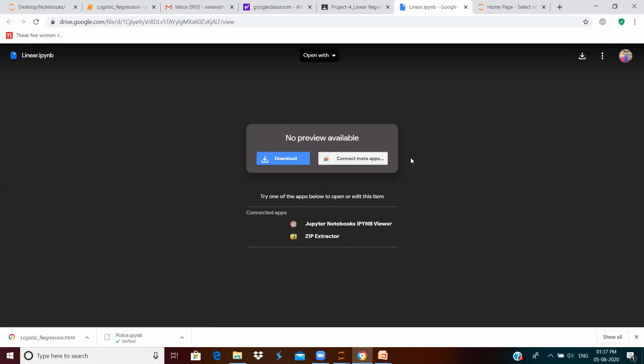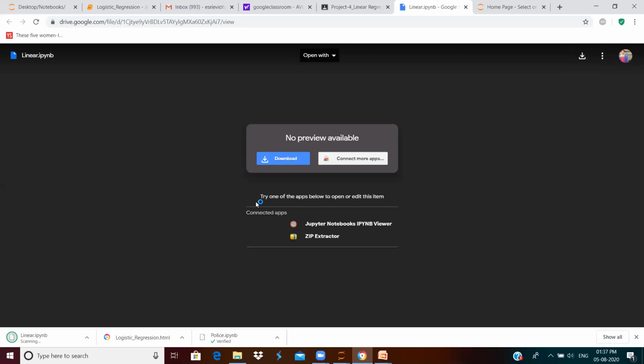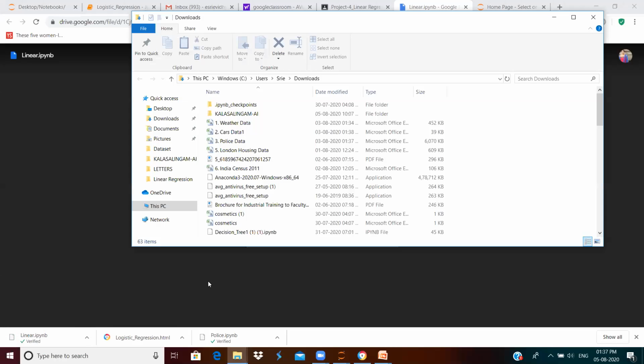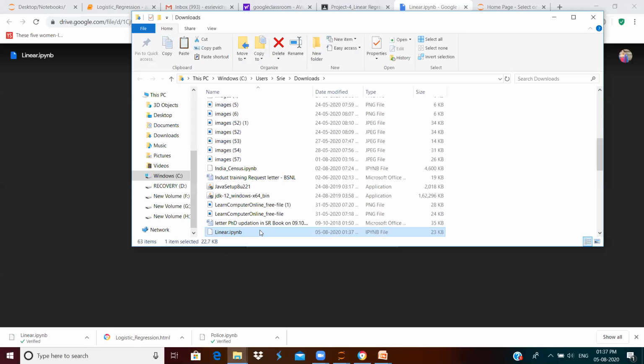Now I'm downloading the file. You just press the download button here. So the file is getting downloaded here. You can see here, you just give it as show in folder in order to get into the location of the download. So here it is downloaded. And now it is in the downloads location, right?